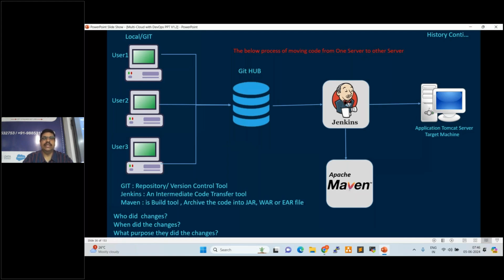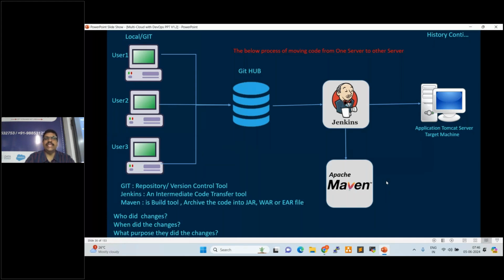For example, in your laptop, you have 100 PDF documents. I asked you to send those documents to me. What is the simplest way to send those documents to me? How can you send them? Instead of attaching all the documents to the email, you can convert them into one zip file, attach it to the email and send it across, right?